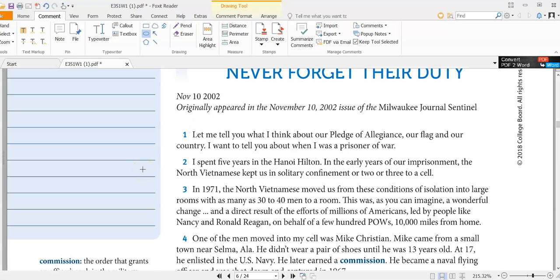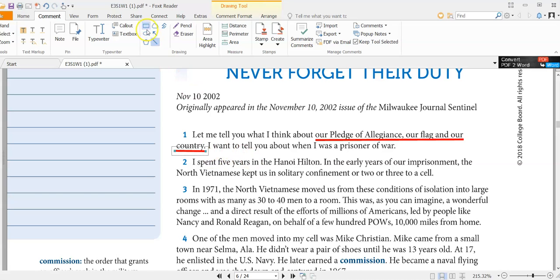So I'm going to stop there, and I'm going to tell you what I would be underlining and circling. First of all, I'm looking for things that show something about patriotism. So I think that here where he says our Pledge of Allegiance, our flag, and our country, he's showing the unity of the United States, which is one of the keys of patriotism in my opinion. It's something where we could all stand together to support the country, which would be kind of like patriotism.